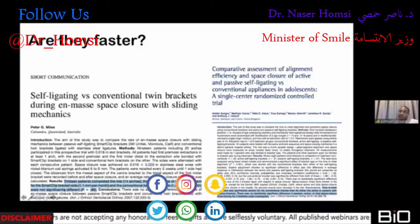So that means conventional was a little faster in closing spaces compared to your self-ligating brackets. There was another study published in the AJODO, which has mentioned the comparative assessment of alignment, efficacy, space closure of passive self-ligating brackets versus conventional appliances, which has again clearly stated that the time to initial alignment was significantly shorter for the conventional bracket than for either the active or passive self-ligating brackets. So this is the opposite of